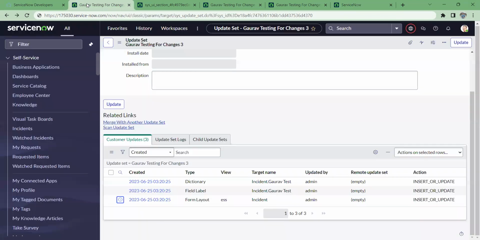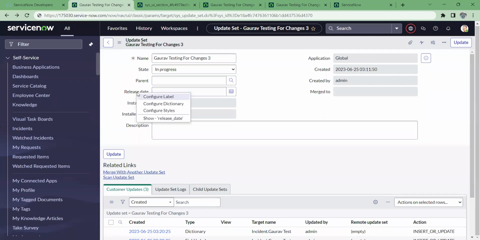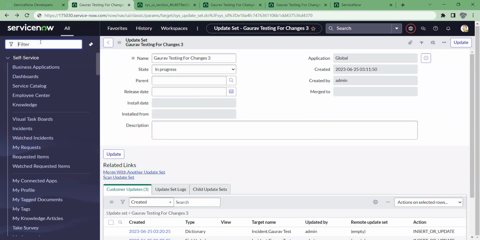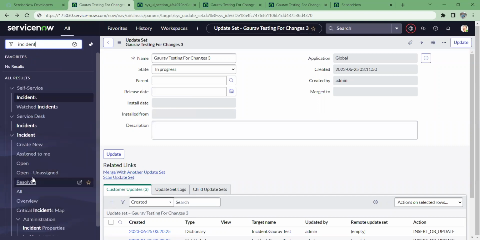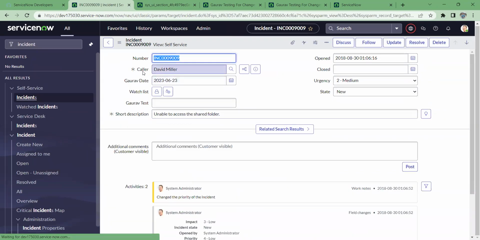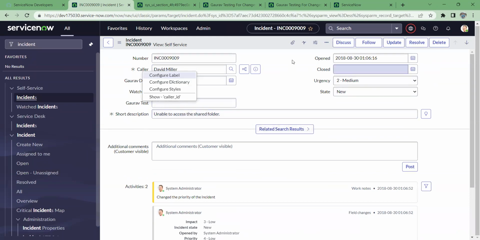It's a backend name. How can we see the backend name? If I right click here and show, or the dictionary name, or here I can directly show you. Means there are multiple ways you can see the table is this and the field is release date. Okay, let's say I'll go into the incident. I'll show you how the backend name is shown over there. Let's say I need to see these labels, correct? On labels, we only show them for visibility purposes, for the user interacting with the same name, correct? So instead of that, if I need to check the backend name, you can see